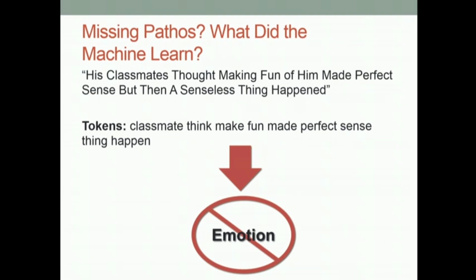So it's probably doing something like this. And I say probably because I haven't looked at the source code, but it's a pretty common kind of trick. First, it's going to strip away the words that they think, by definition, because of the kind of words they are, don't carry emotional content. They're not in the emotional dictionary, literally. And then it's going to reduce that string to a set of individual tokens. And then it's going to compare the emotional value of each of those tokens. So that's what it's seeing down there: the tokens classmate, think, make, fun. And there may be one word in there, fun, that probably should have tripped the emotional meter, but for whatever reason, it did not.